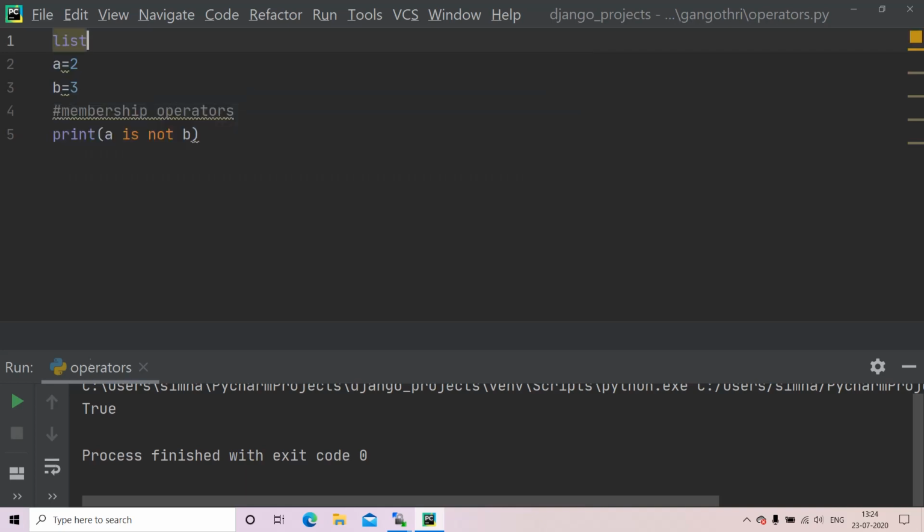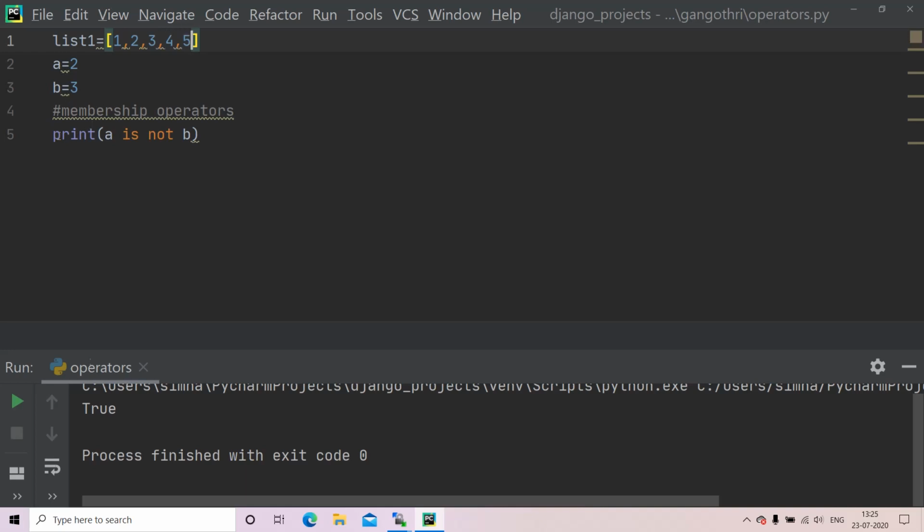Mostly these operators, in and not in, are used with lists, tuples, etc. We have already used them in our previous videos. If you don't remember, go through them again and check. Don't worry, I'll teach them here also.